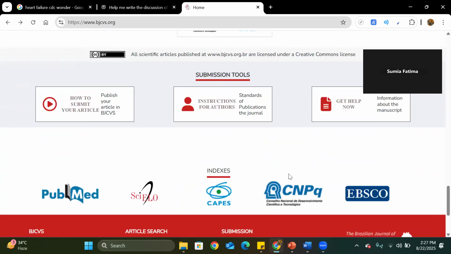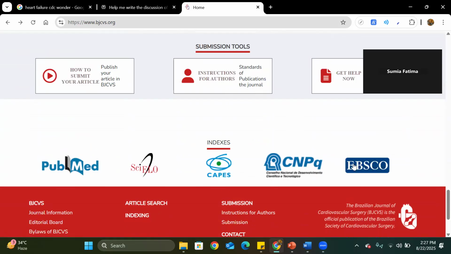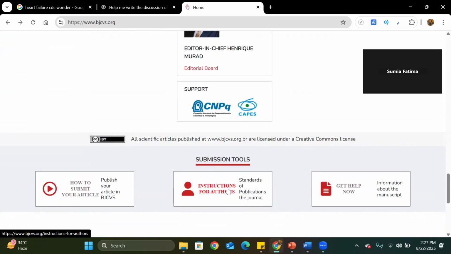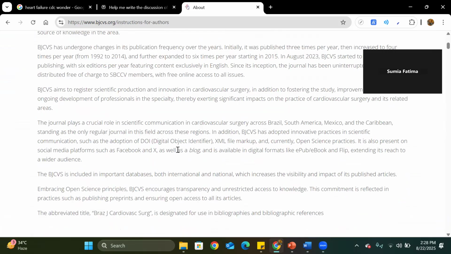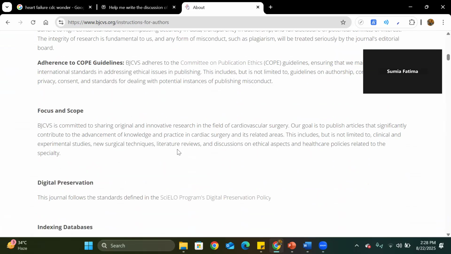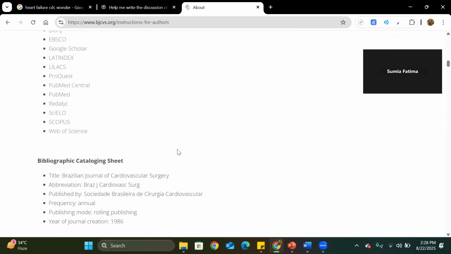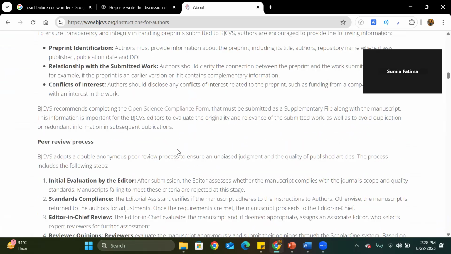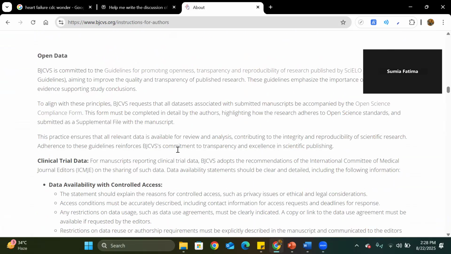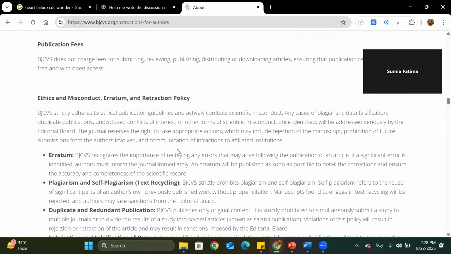Then we can further see where it is indexed. It's indexed in PubMed, it's indexed in EBSCO, in CNPq, and any other of these databases. And that's also another thing that's good for me. Now what I will do is I will go to the instructions for authors. And I will be just going through this a little bit. Let me tell you which stuff you have to focus on. You have to focus on what kind of articles they publish. Let me see. It's good to just go through it whole, but even if you don't want to,